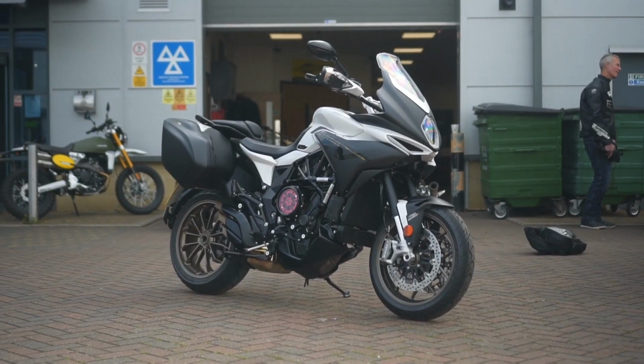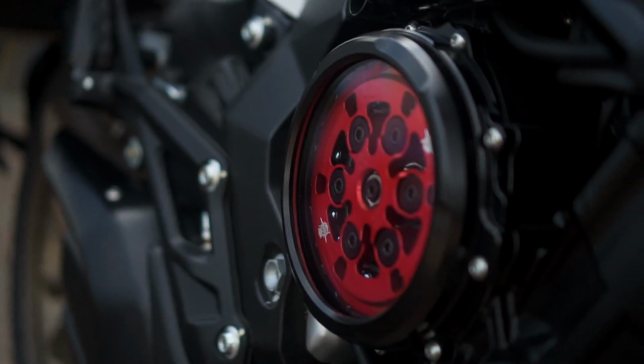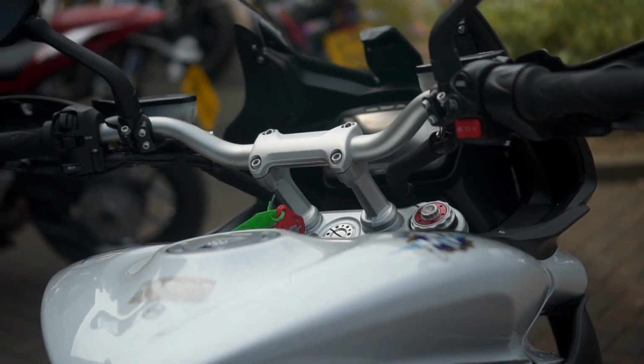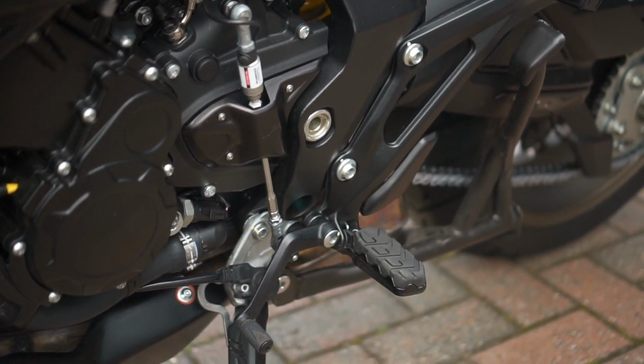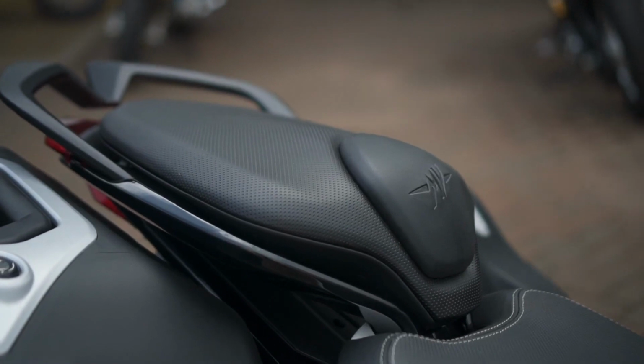So it's a reluctant clutch, so it's not quite like the DCT on the Africa Twin or the Goldwing. You still use the quick shifter to go through the gears, and there's still a clutch lever, so you can use the clutch if you want. But when you come to a stop, the clutch just disengages itself, and when you turn the throttle, it engages. A bit like a go-kart is the only thing that...